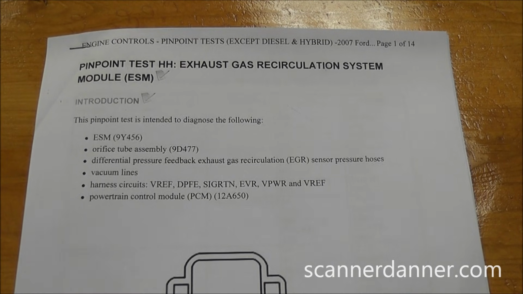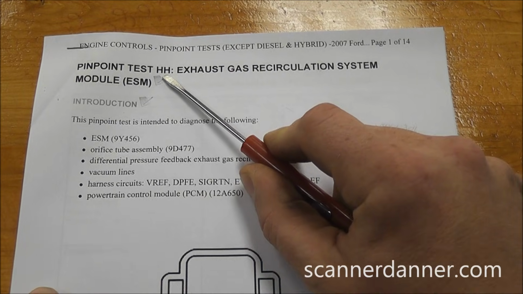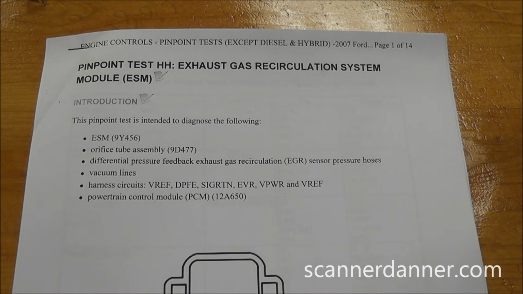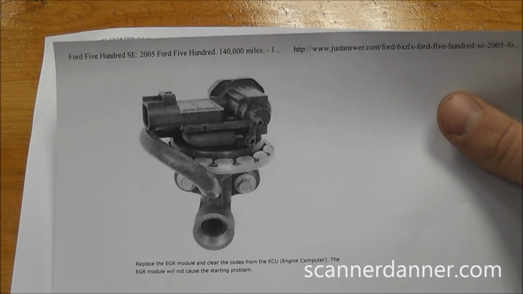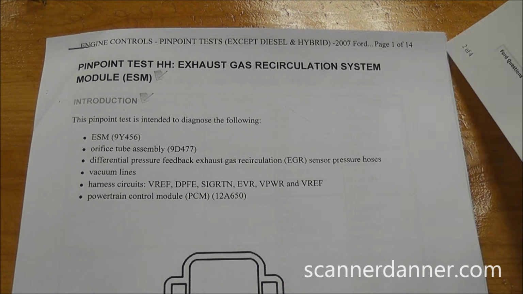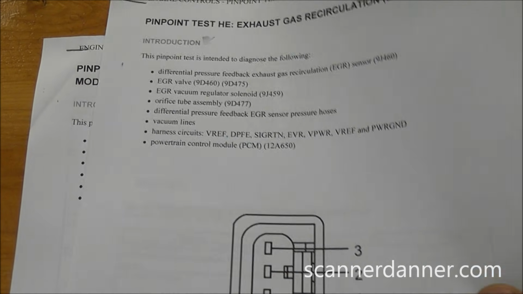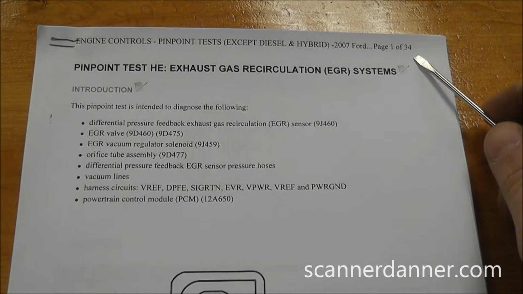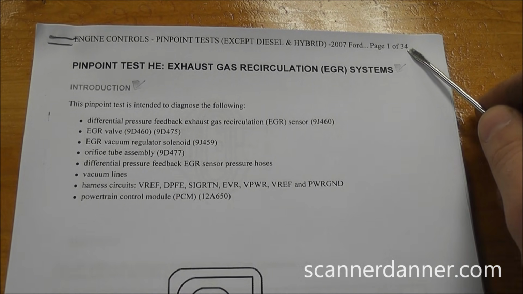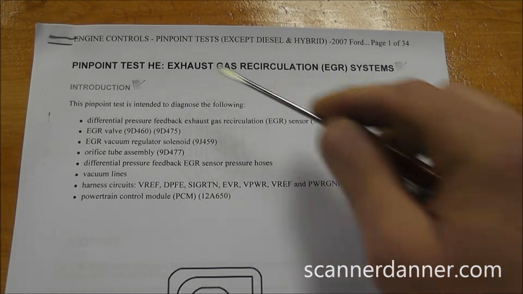Okay, quick shot here of our flowchart. I printed it out. This is the HH one. This would be the one we would follow again if we had this design right here, and we don't. We have the older design, so we're not following that one. This one's 14 pages long, so we're kind of like, whew, we don't have to follow that one, right? Well, we come to the other one that is not the module design, and this one is 34 pages long. So we just thought we dodged a bullet, and we didn't. 34-page flowchart potential for this HE